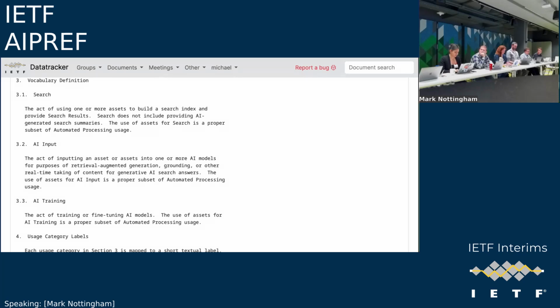Okay, Caitlin, just wanted to echo what Felix said and say there's another trace of the same problem in 3.2, the AI input section, because I think the act of consulting a web index to create search results, or even just to figure out which pages are relevant, falls into 3.2 to me. If you concede that the thing doing the accessing of the index is an AI model, then 3.1 is really a particular subset of 3.2 that would be allowed, or an overlapping set which would have to take precedence if search was set to yes and AI input was set to no. So it's just that there's some work to do to flesh all of that out.